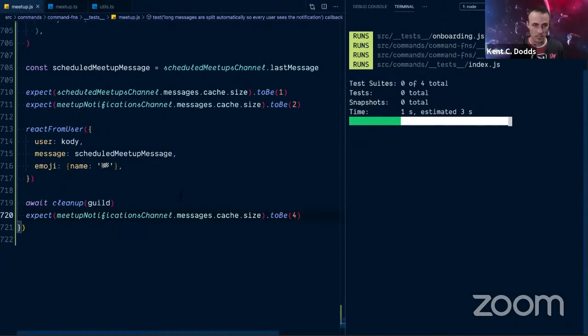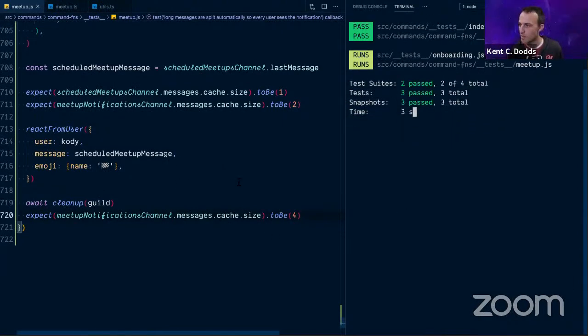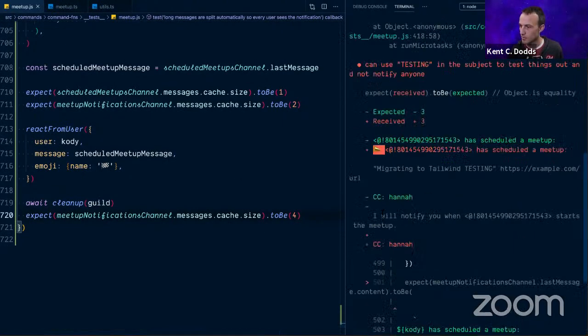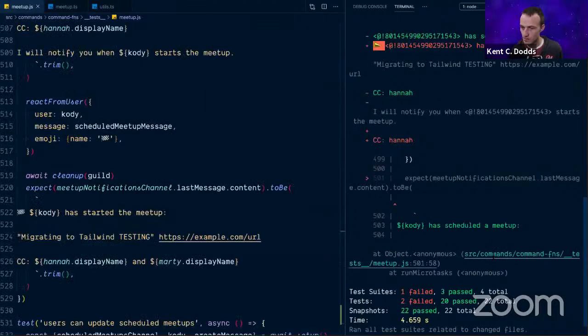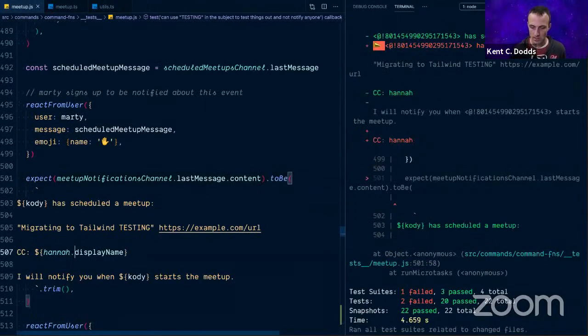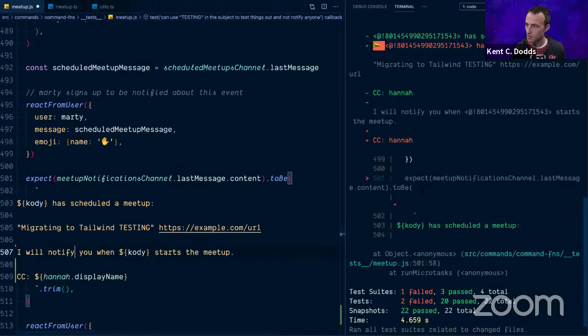We're going to have a couple things that are busted, but that is okay because I just changed a couple of things. Yeah, I just moved some things around. So now the CC is below. And I added the megaphone.